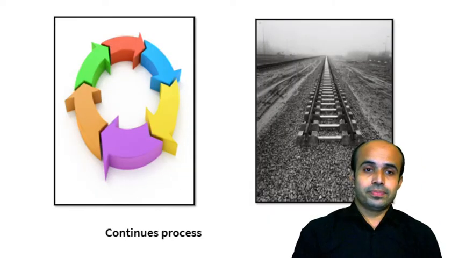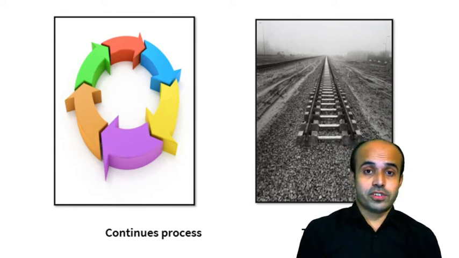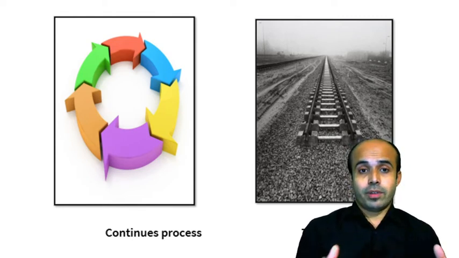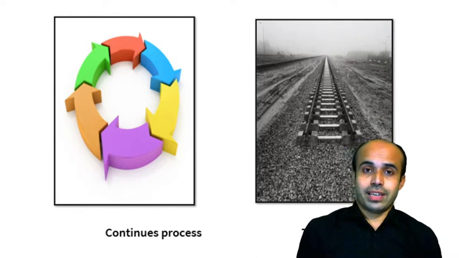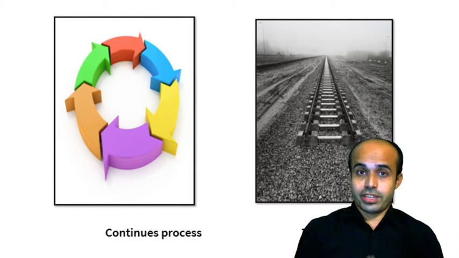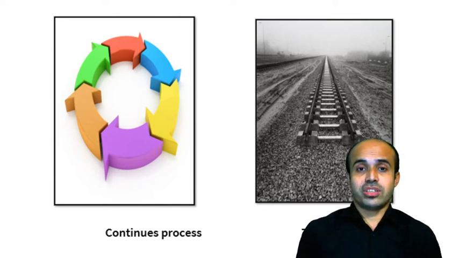Now coming to continuous process. Yes, controlling is a continuous process, because when controlling is done, it starts again with the plan, and again by rotation will come to the controlling activities. So we can say that the controlling process is a continuous process. It will continue as long as the organization runs.